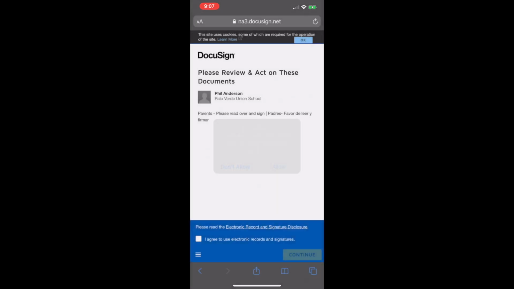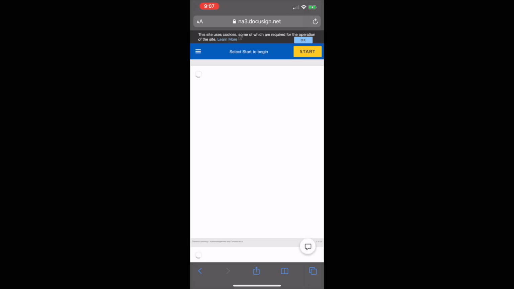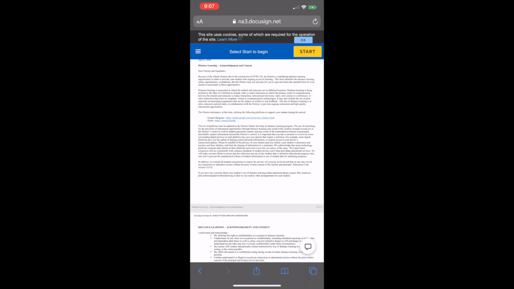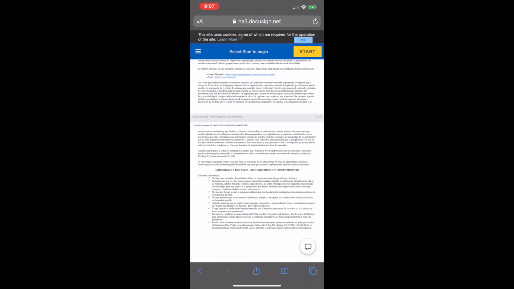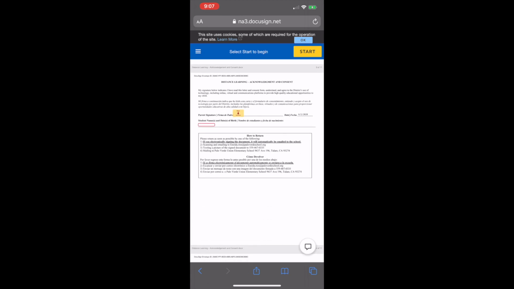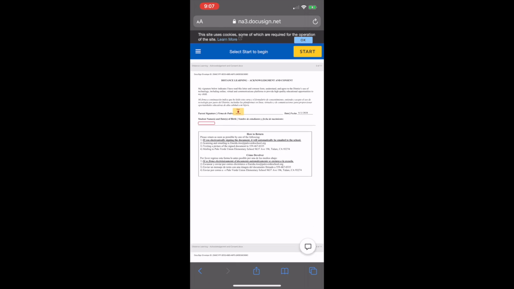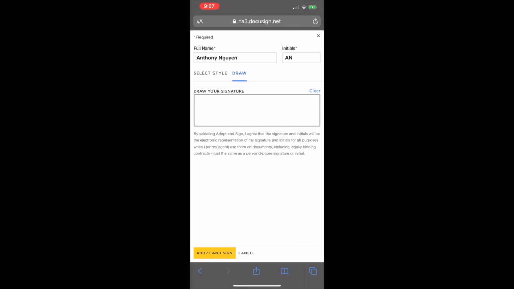And then you click on Allow, so it knows where your location is. And then on the bottom here, click I agree to use electronic records and signatures, and then click Continue. And then you can go ahead and read through the permission slip. It's 11 pages long. Once you get to the fourth page right here, page 4, you're going to click on Sign, tap Sign, and then you can either sign your name by drawing it with your finger, or you can just do it the easiest way. Click on Select Draw or Select Style, and then it'll automatically produce your signature,